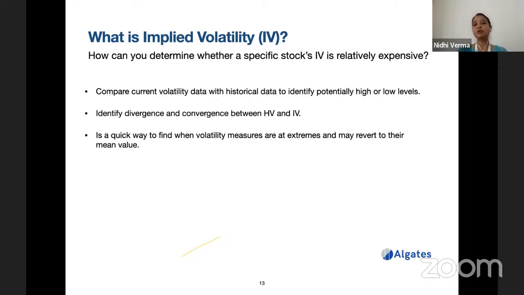But there are some tools which will clearly tell you whether it is very high, how much high it is, and whether it is going to make even higher highs. There are tools available in the market, but they would not be free tools. You have to pay to get them, and there are some Excel tools also. You can check them out if you want to go deeper into it.